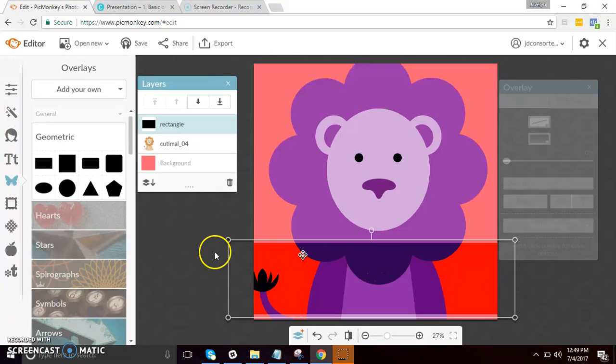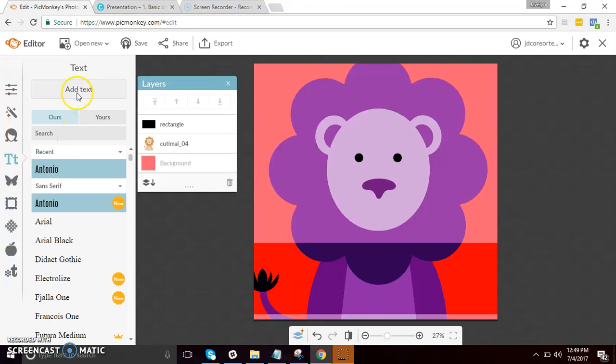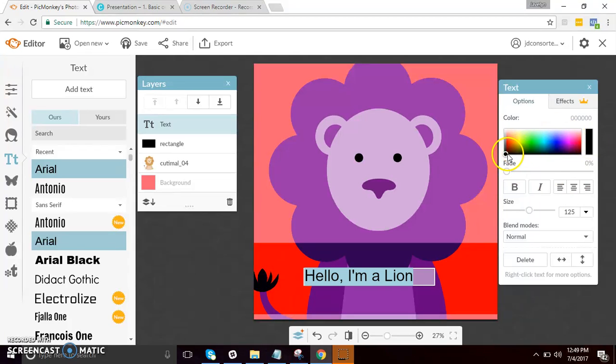And if you want to add text to your overlay, just head over to the text area and add text, and type it in. So it's that easy.